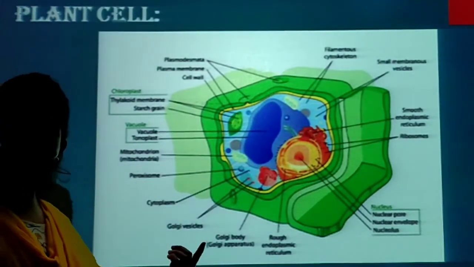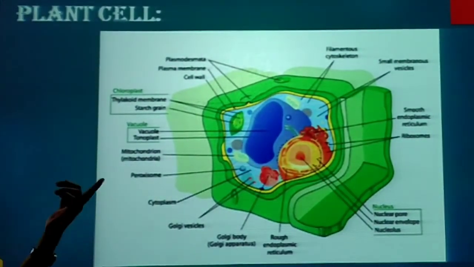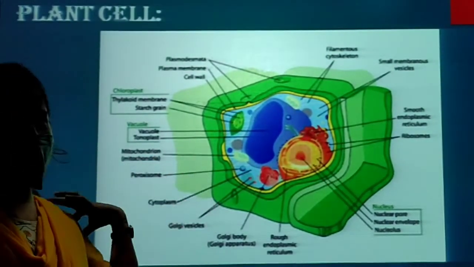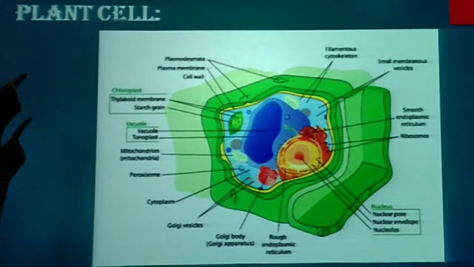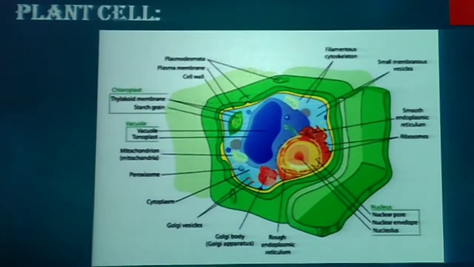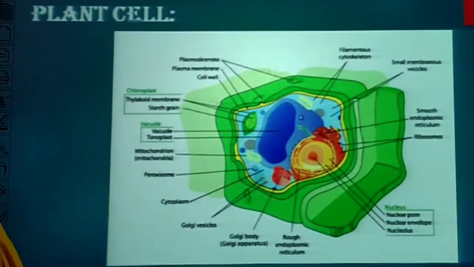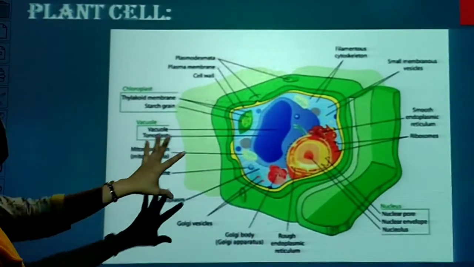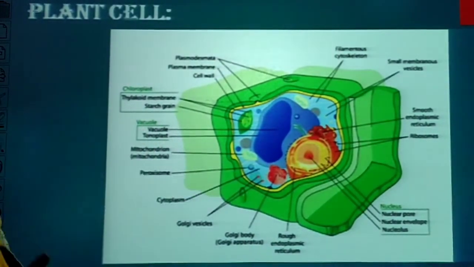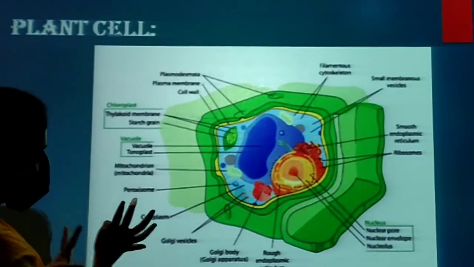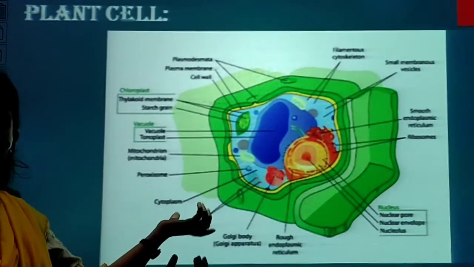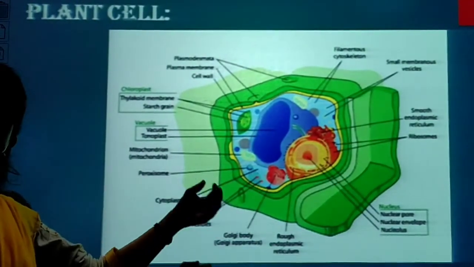Okay, now previously we have learned about the animal cell, their structure, function, different cell organelles, etc. Now today, as you can see on the board, we have a structure of a plant cell. Actually these are somewhat rectangular in shape, but here you can see the 3D structure, so don't worry, it's not such a heavy thing. It is simply rectangular in shape, and other than the animal cell, it has some differences in it that I have already told you.